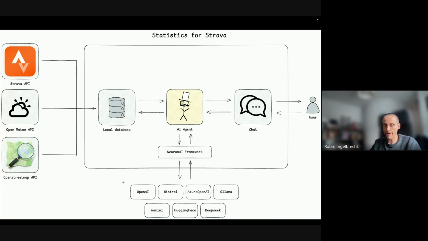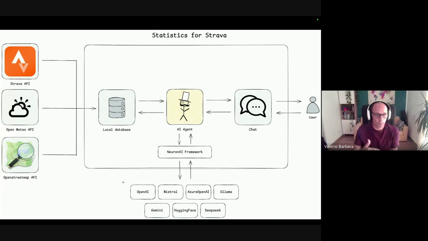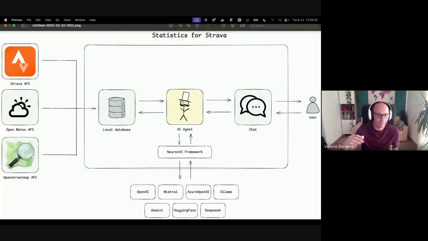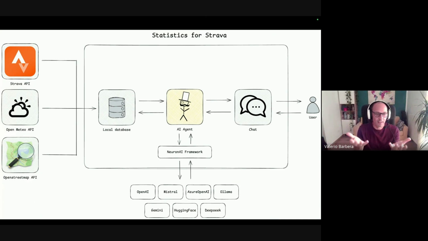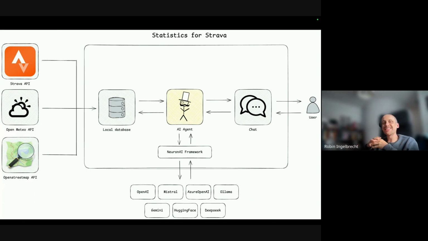I think the final goal is to let people talk with this kind of agent in Statistics for Strava from the UI eventually. One of the things I still need to figure out is